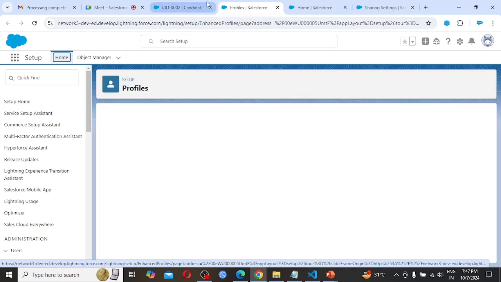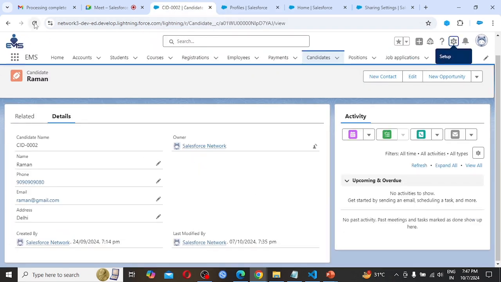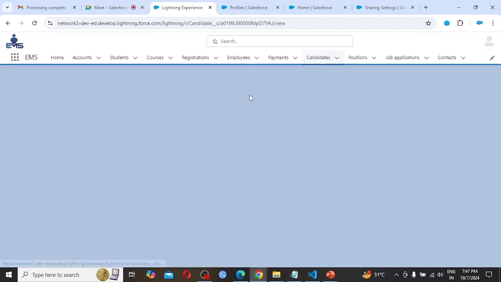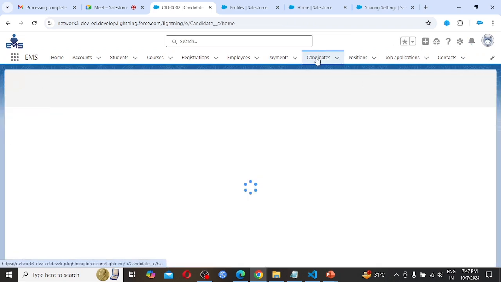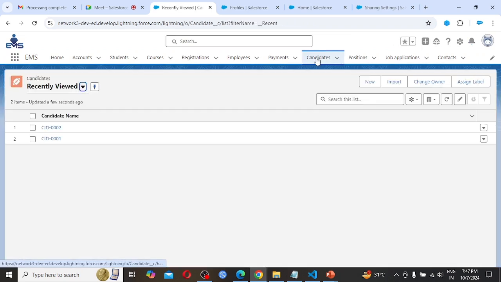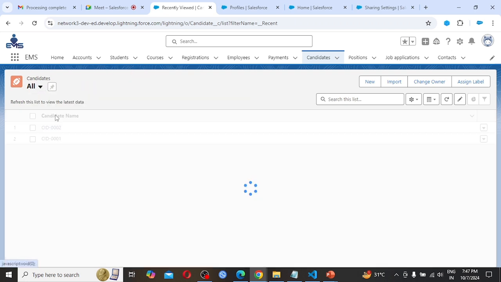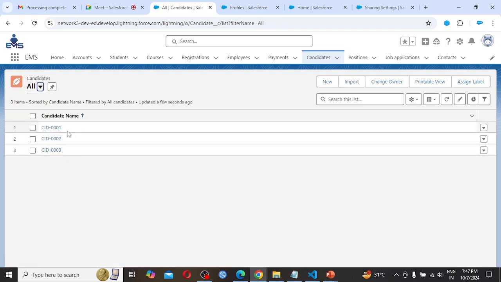So if I am clicking on candidate, again here in the candidate, this drop down I am clicking, selecting all.